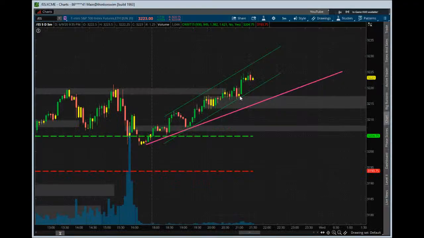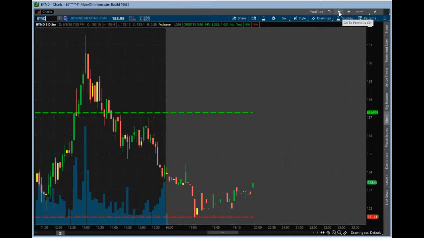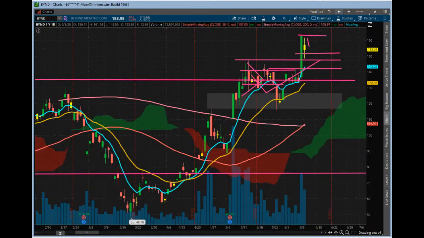And so one of the things that we look at when we're looking for strength in a position, especially for a swing position, if it makes sense to get in, because sometimes we do see a breakout candle. Let's take a look at Beyond. Okay, so Beyond's a good example. Sometimes we see a big breakout candle like this, but it's kind of a one-day move, right? So we didn't see incremental volume rising. We had kind of low volume, a little bit here, and then low volume, and then boom, we popped out of nowhere. And it happened to be a huge candle.